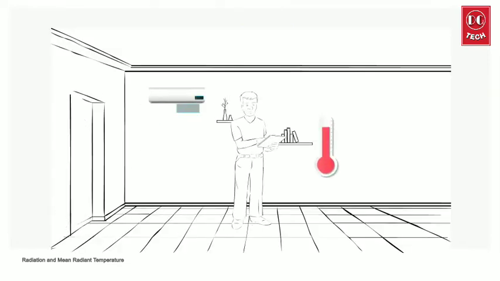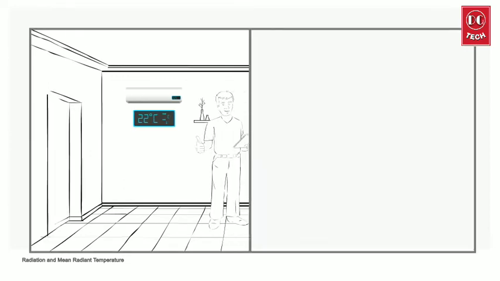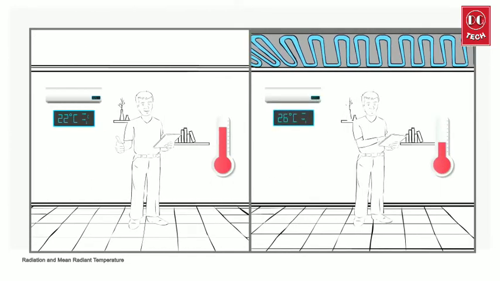The higher the mean radiant temperature, the cooler the air required to achieve thermal comfort. On the other hand, if the mean radiant temperature is lower, occupants can feel comfortable at relatively higher air or space temperatures. One of the ways of achieving efficient and sustainable cooling is therefore through a system that lowers the mean radiant temperature, which will reduce the amount of energy required to provide thermal comfort.